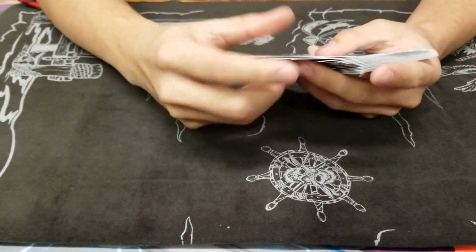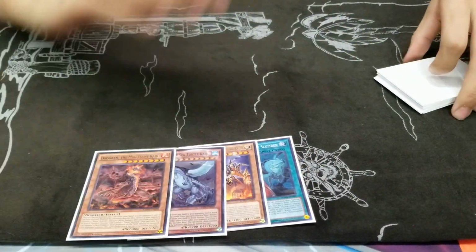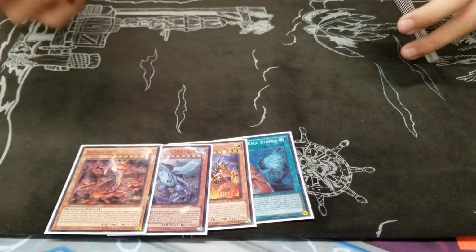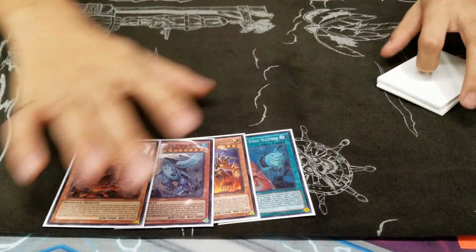For the side deck, I played 4 Kaijus. It's basically another hand trap. 3 Kaijus and a Slumber. Sorry. It's basically another hand trap. It actually worked